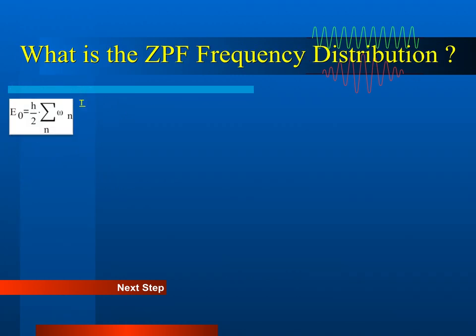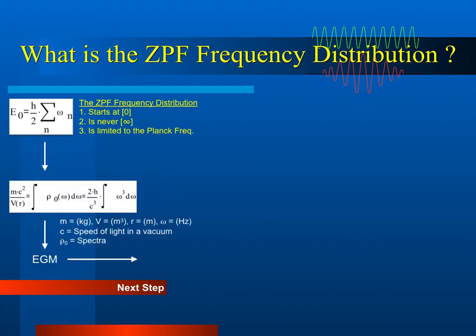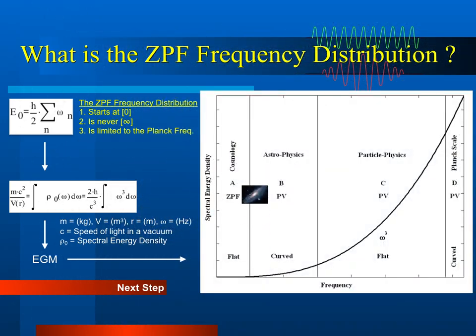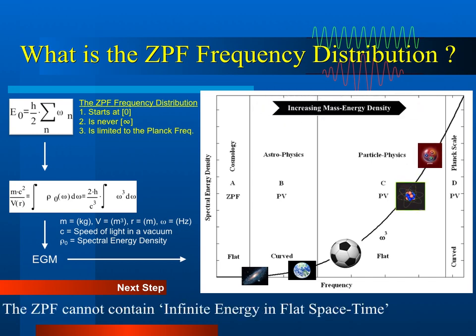The zero-point field spectral limits may be computed by solving for them via the electrogravimagnetic methodology, where the polarizable vacuum is mathematically described as cubic in form, but specifically obeys a Fourier series distribution. By doing so, we are able to demonstrate that zero-point field spectral limits vary depending upon the physical situation under consideration, as depicted in this illustration. Most significantly in this diagrammatic representation, the lower limit of the zero-point field is 0 Hz, whilst the upper spectral limit is bounded by the Planck frequency.